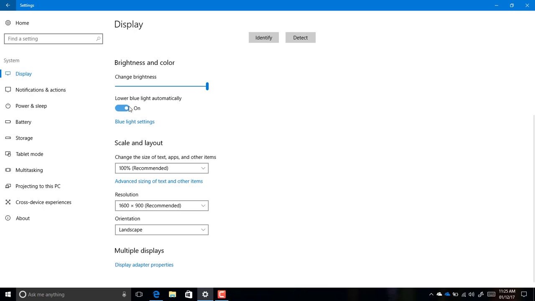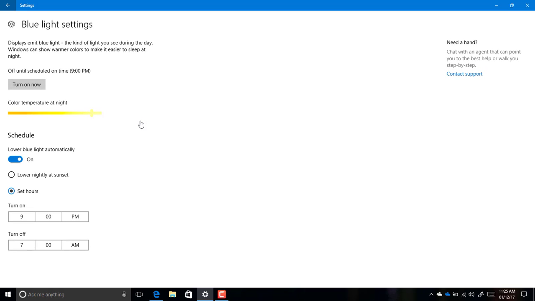So you can come into the display settings and turn that on and off, and there is also a dedicated page for the blue light settings. You can go to the settings right there and turn the feature on and off on demand, or if you have set up a schedule, because you can set that on a schedule too, to turn the blue light feature on and off. Or you can also